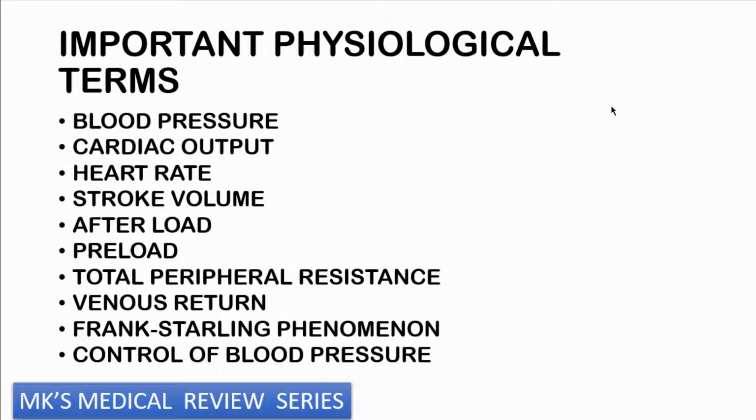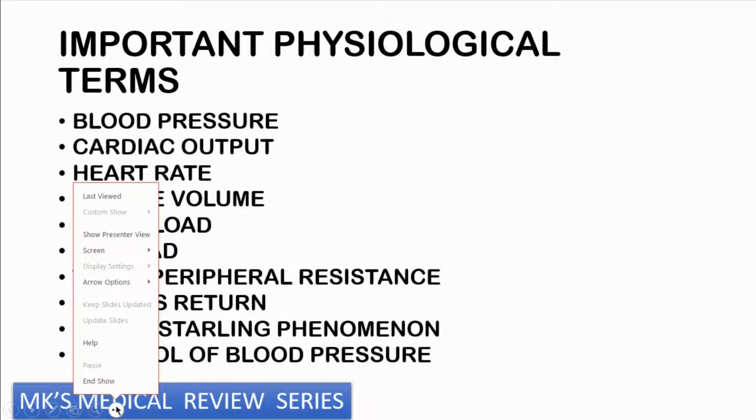And remember that the heart rate is between 60 to 100 beats per minute. So cardiac output is a product of stroke volume multiplied by heart rate, and the cardiac output is equal to 5 liters per minute for each ventricle. And blood pressure is a product of cardiac output multiplied by total peripheral resistance. So in essence, you can think of blood pressure as stroke volume multiplied by heart rate multiplied by total peripheral resistance. Let me just show you a blackboard here so that I can successfully beat this point to